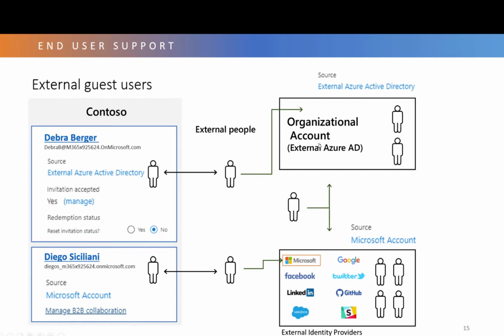So if they say, hey, I have a work account, but it keeps logging me in, I have to use my personal account, you have to actually go back to your Azure AD and fix that. You have to go and try to convert them, because they can't do it on their own, because they've been invited already, and when they've been invited, whatever they did to accept that invite, they're locked in. At least if they are in my environment.